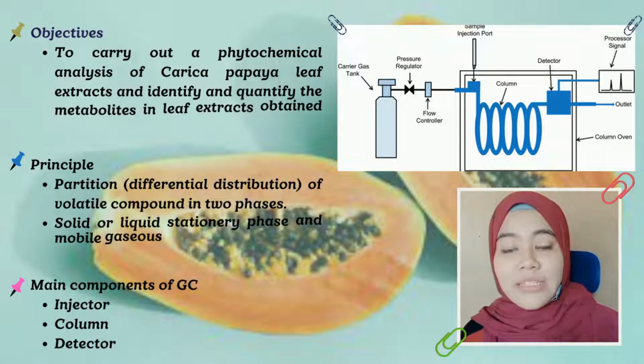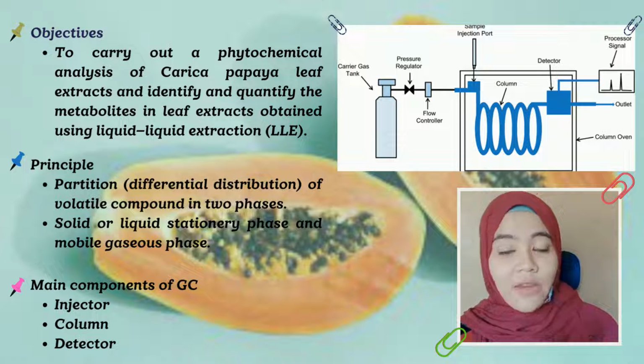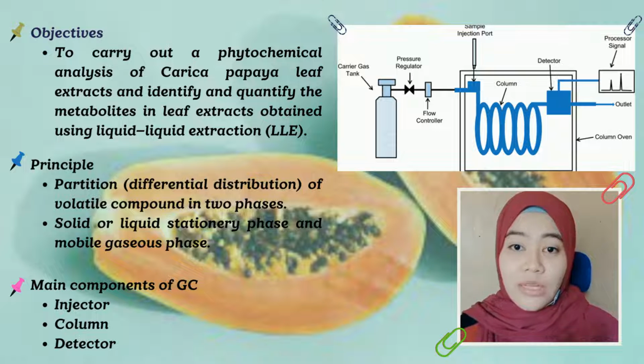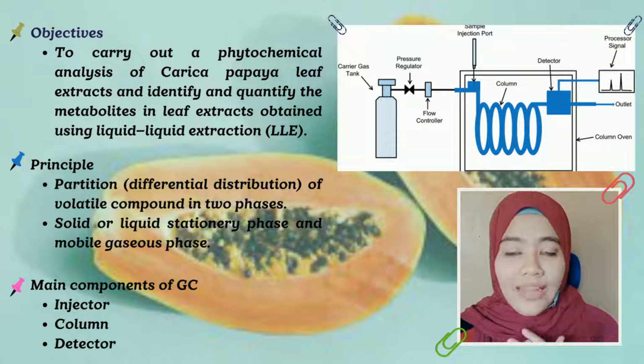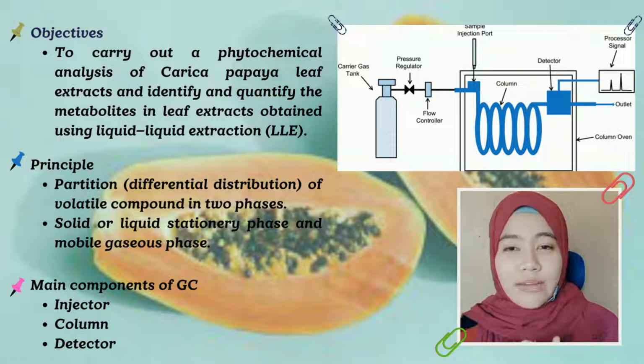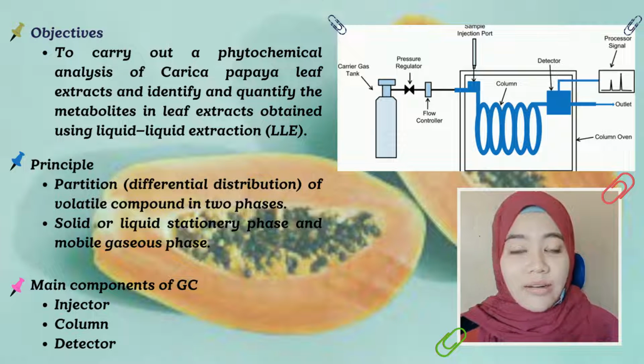This experiment aims at phytochemical analysis of papaya leaf extract, and also to identify and quantify metabolites in it by liquid extraction. In GC, we inject a sample, which may be gas or liquid, into a gaseous mobile phase or carrier gas. Then the mobile phase carries it to a column that separates its components based on partition between the mobile